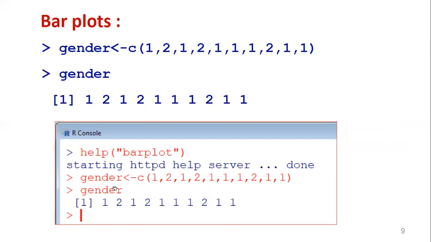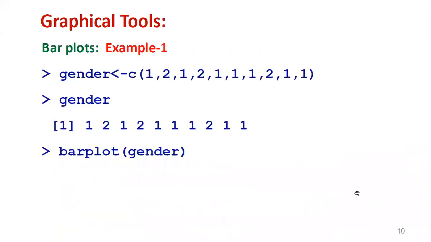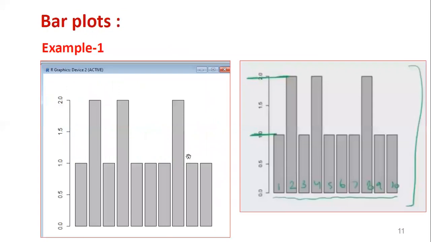Then using absolute and relative frequencies, you can generate the bar plot. So now here first, I am using the observations directly, barplot of gender, without using absolute and relative frequency. Whenever you execute this command, barplot of gender, a bar chart is created with all these values.